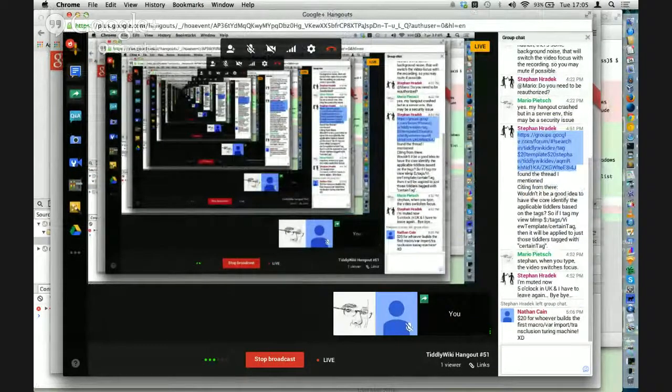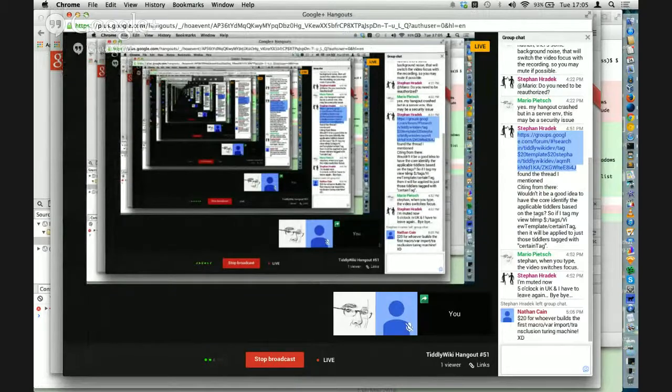We've lost Stephan. Nathan is offering a bounty of $20 for whoever builds the first macro variable import transclusion Turing machine. Yes,